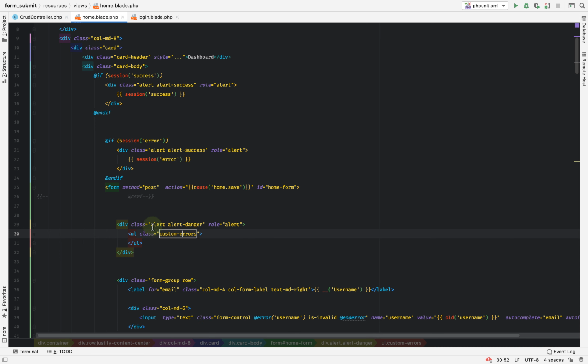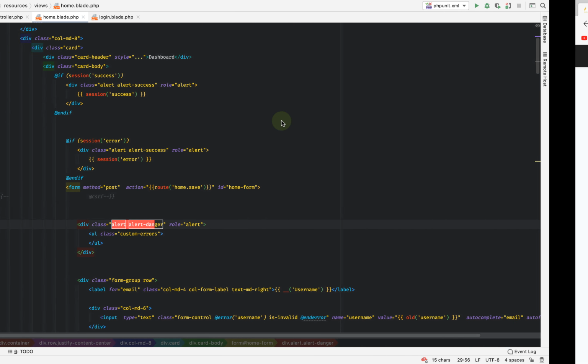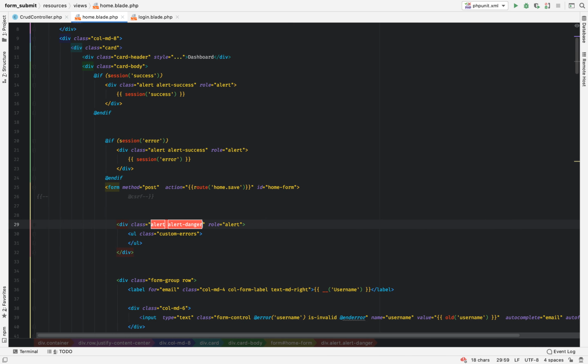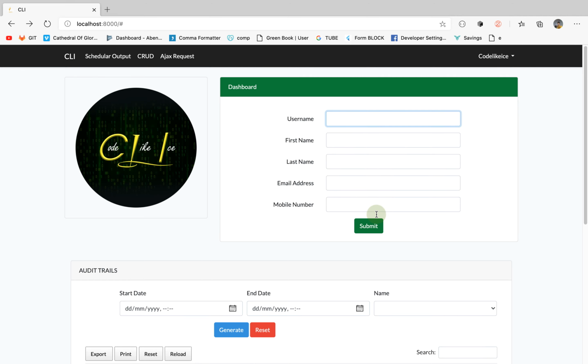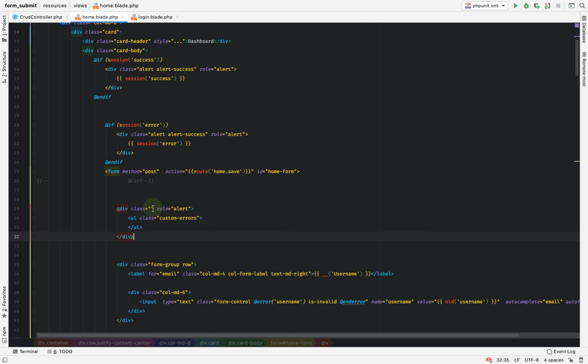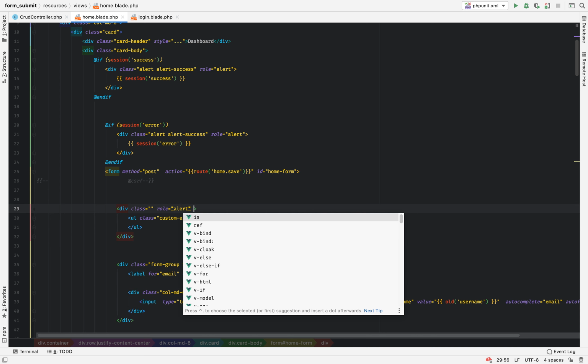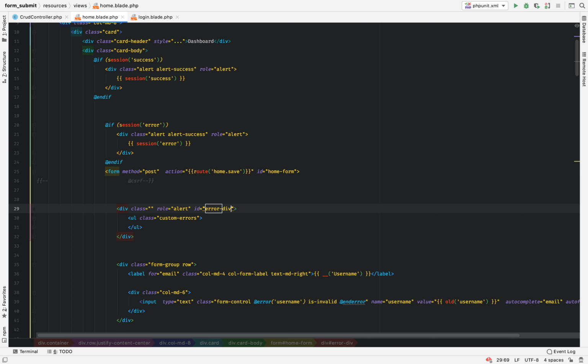Then let me get rid of this. Okay, let's see. It's displaying something. Let me get rid of that for now. You only display it, so give it an ID of error div. Okay,